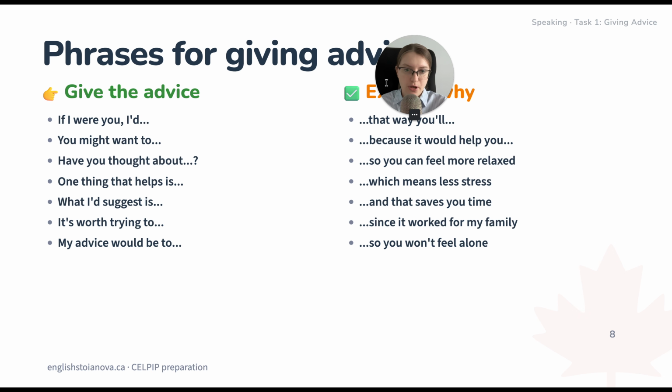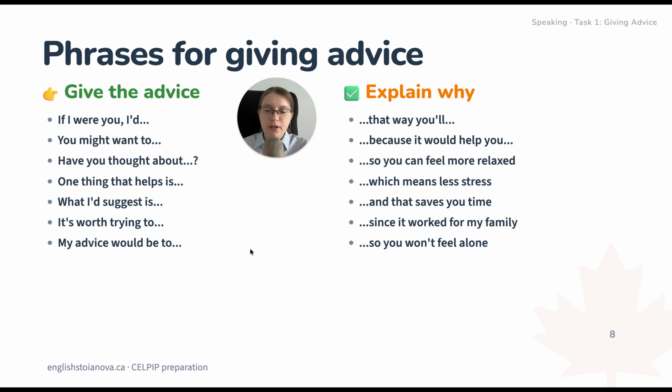So here we also have some phrases. This is just the tip of the iceberg, just a little bit to scratch the surface. For example, you could say, if I were you, I would, and then you could develop and explain why. That way you will do something. You might want to. That's just another way of saying you should. You might want to do something. Have you thought about